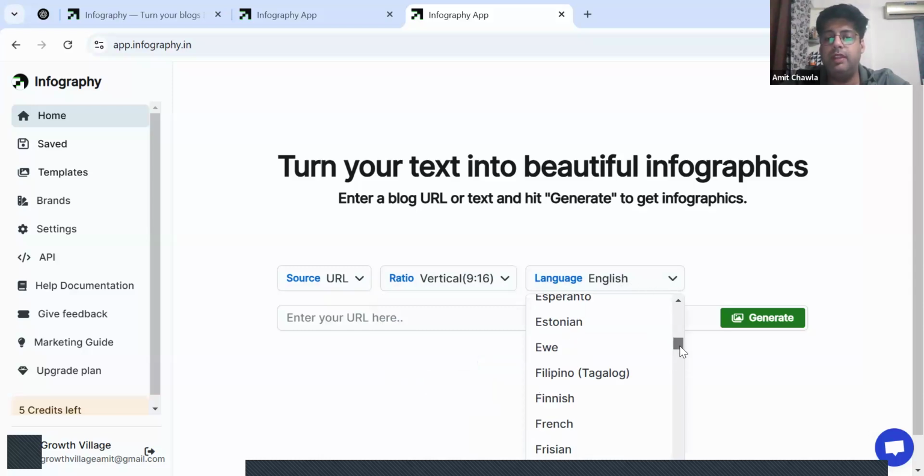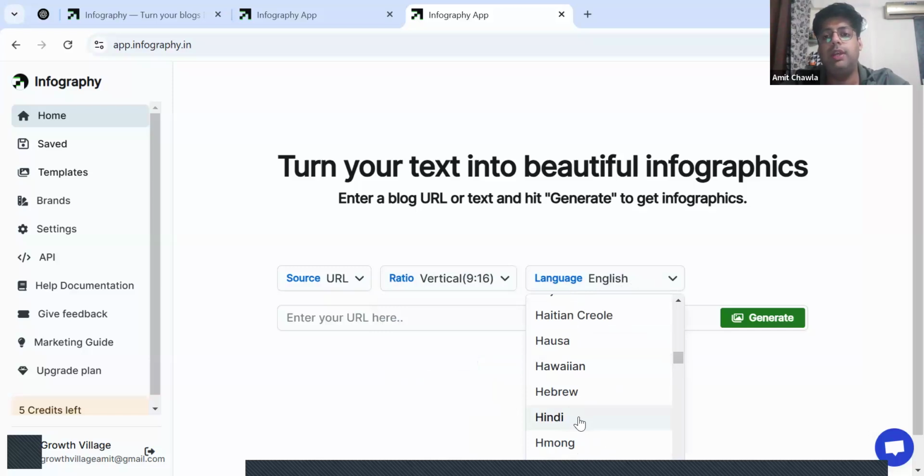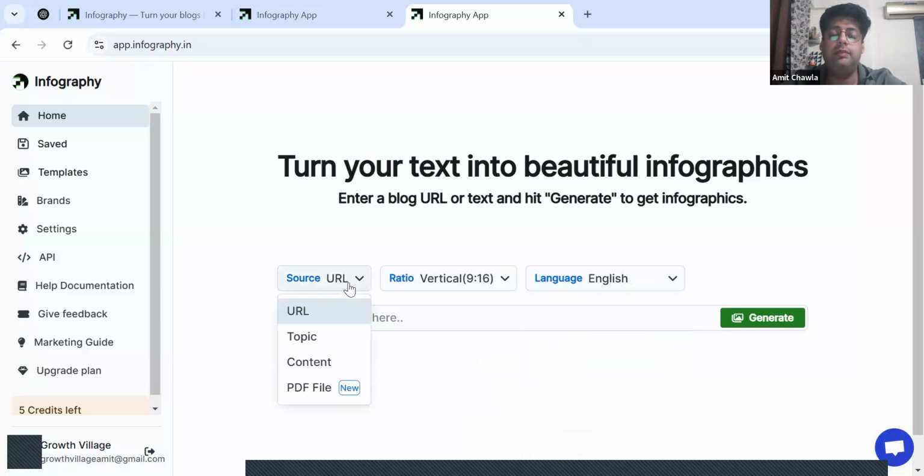You can see when I will scroll down. Hindi, you can see from here. That's the Hindi language also. In Hindi also, you can make the infographics. Then sources. You can convert any URL into infographics, any topic into infographics, any content you are